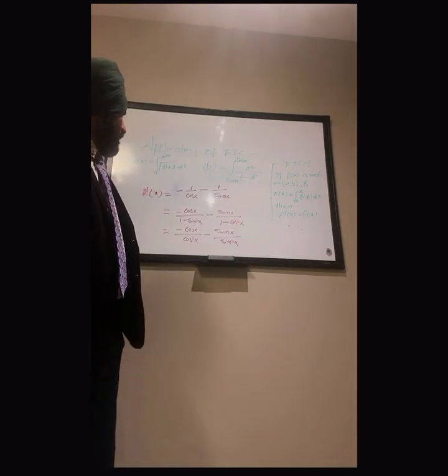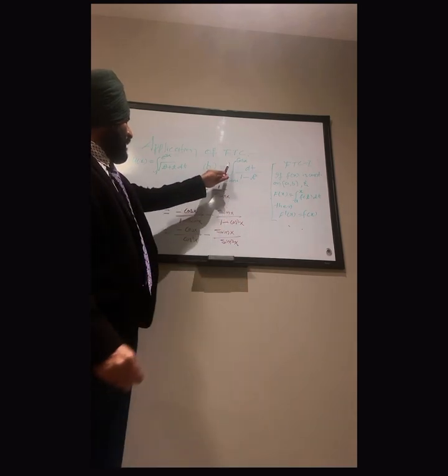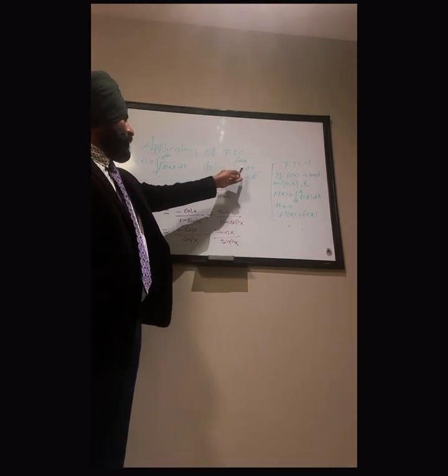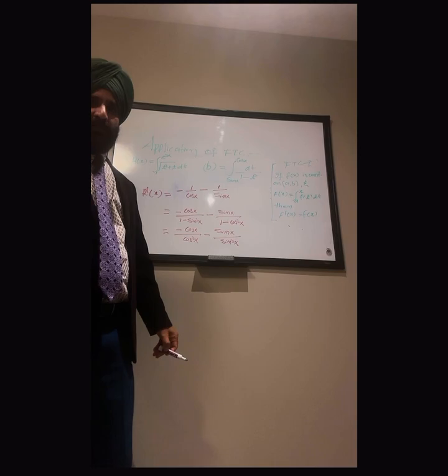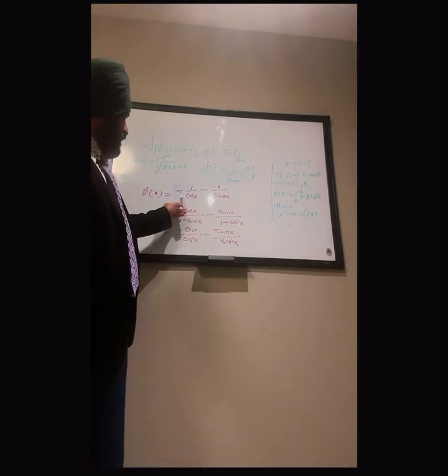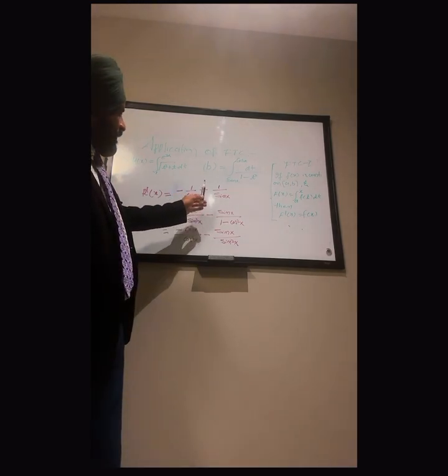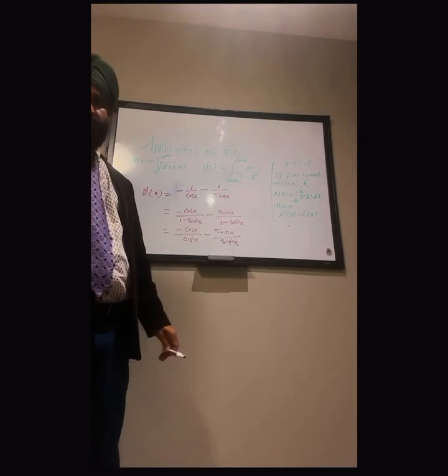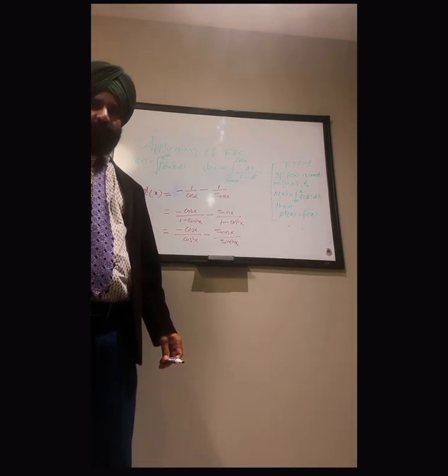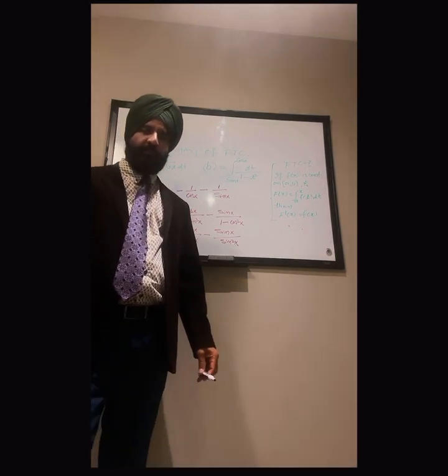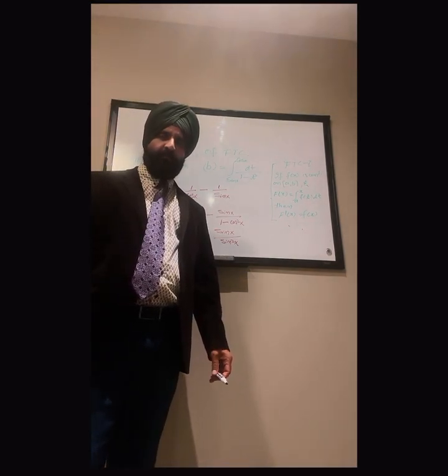Therefore, the derivative of this integral from sin x to cos x of dt upon 1 minus t squared is equal to negative 1 upon cos x minus 1 upon sin x. This completes the solution of the